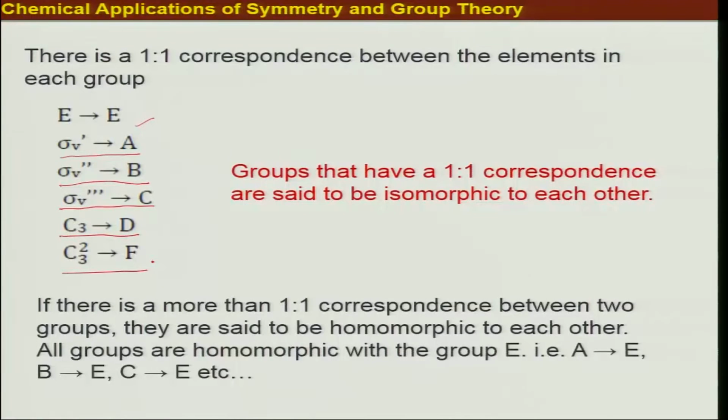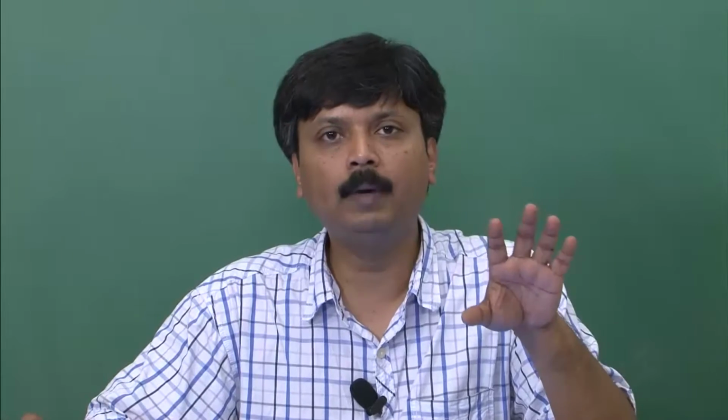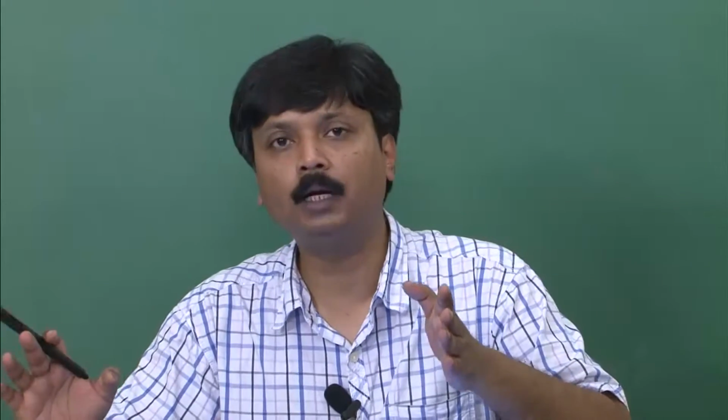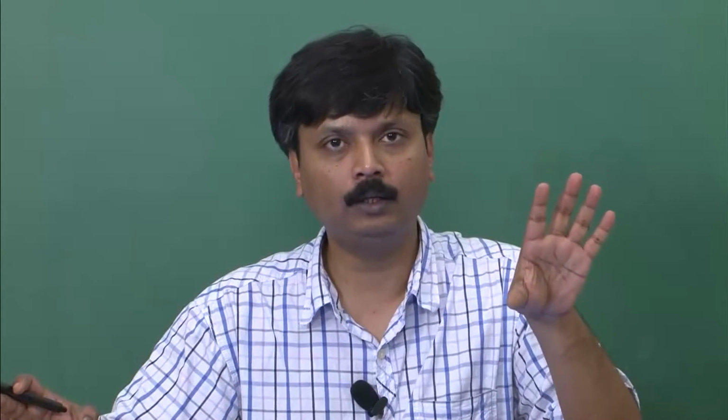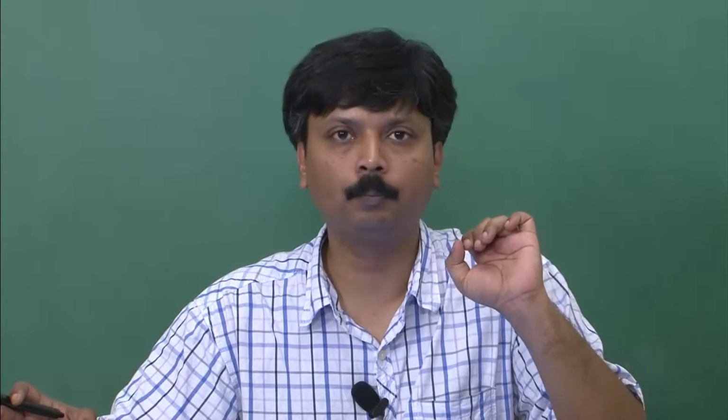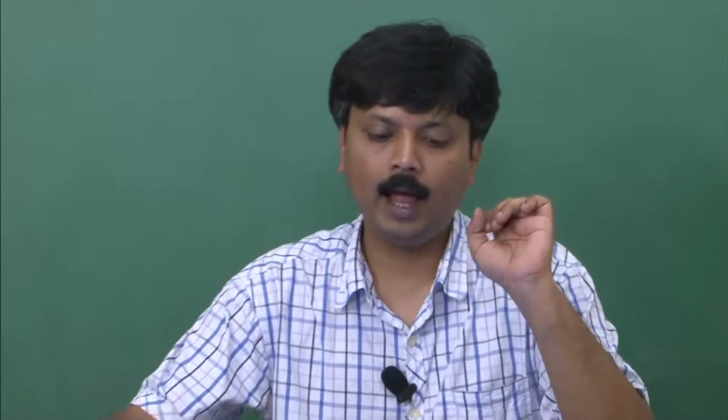This is a wonderful thing: if you can form a generalized group multiplication table, then for any given molecule, you should be able to identify the product of any two symmetry operations once you have figured out the corresponding element in the point group multiplication table for that particular molecule, once you have figured out your abstract group multiplication table for the same order group. Okay, so we will stop here today, and we will resume from the same point in the following class. Thank you very much.